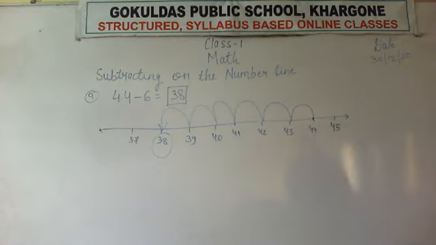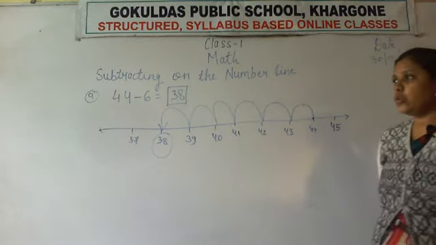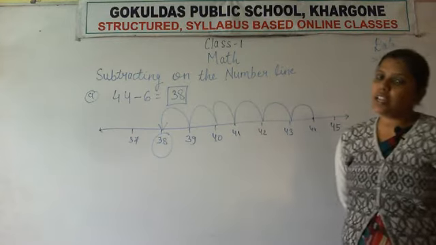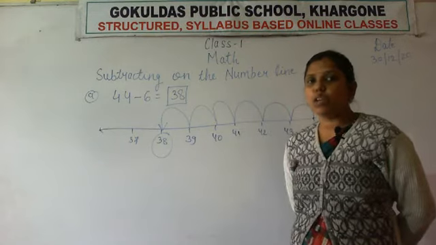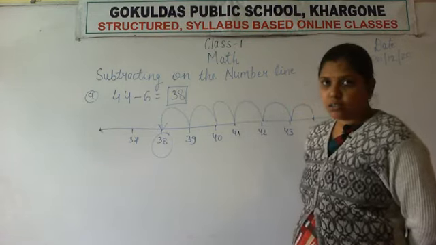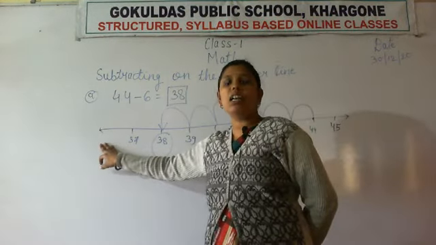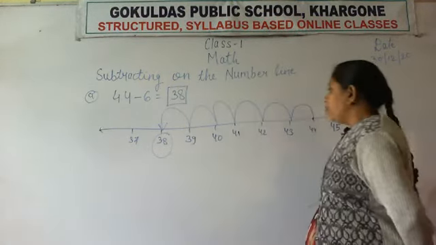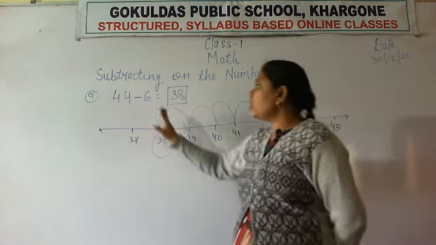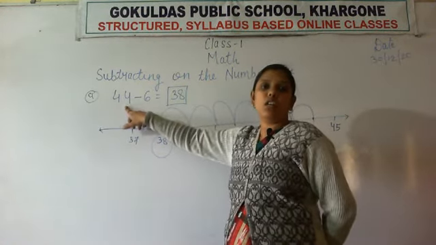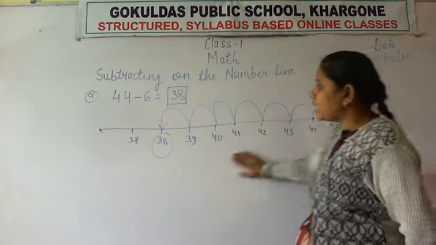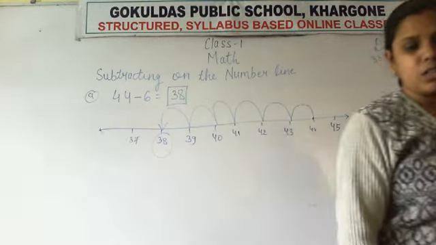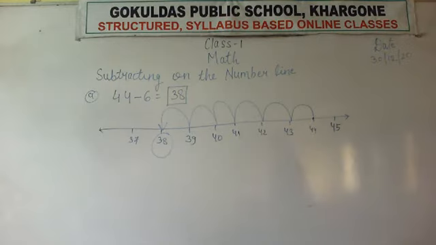I hope all of you have understood how we are subtracting numbers using the number line. In the same way that we did in our previous chapter, subtracting numbers up to 9, we wrote numbers on the number line from 0 to 10. But here we are writing only those numbers which are given here. So 44 is written here, and we write numbers from 45, also in reverse order. Write fast. Then we will solve the second question.